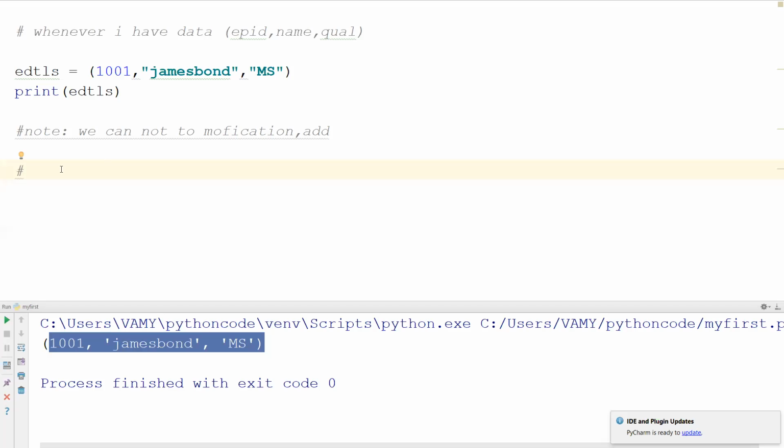Let me start with the dictionary. Dictionary is such a beautiful type. In Python we call it a dictionary; in other languages it is called mapping.